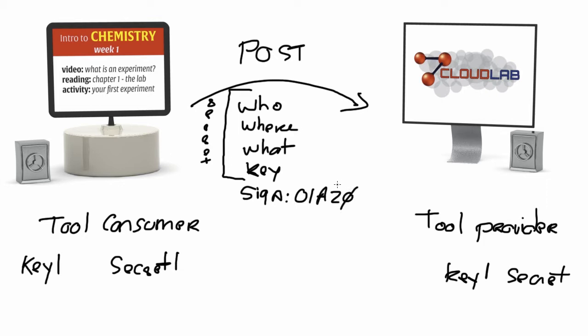For example, something like that. And the signature then is passed on to the tool provider, and the tool provider is going to use a key to find the secret. Then it's going to execute the same recipe and see if the signature matches. If the signatures do not match, it means that the secret was not right, and so it cannot be trusted. But if the signatures match, then that means that the system that sends the request also had the same secret,